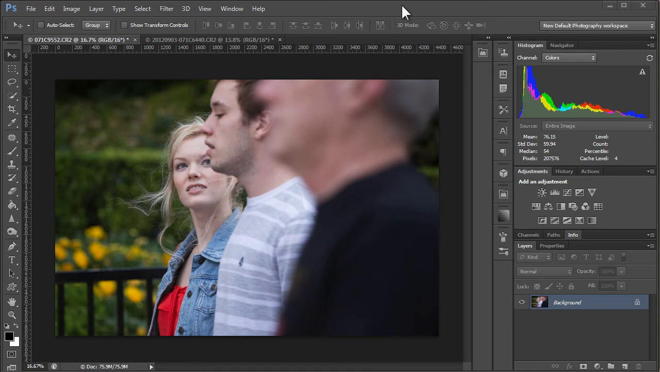Hi, I'm Tom Shue, and today I'm going to teach you how to use Photoshop to color grade your images. When I say color grade, I mean go in and make creative adjustments to the color and get any effect